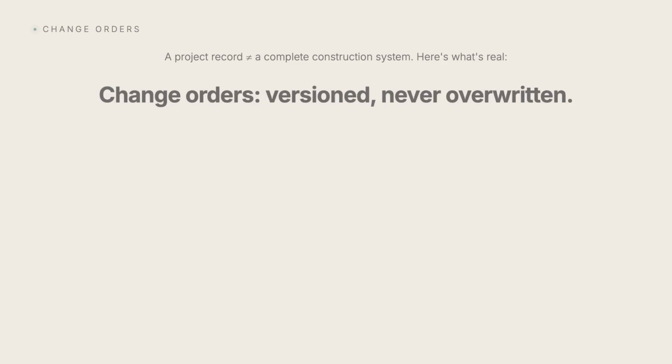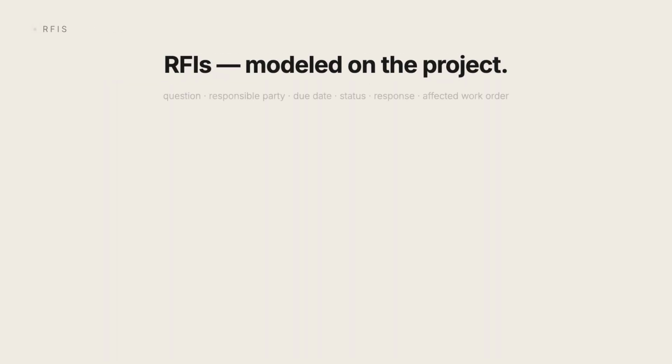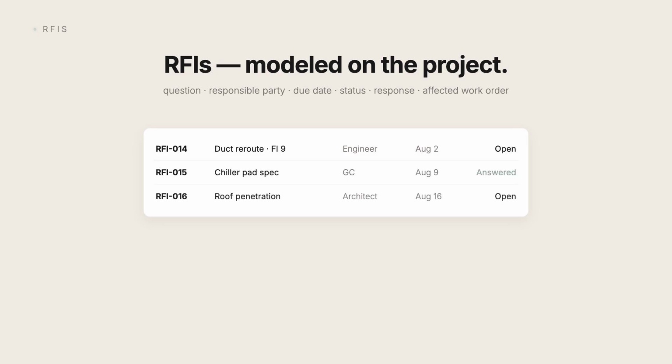FieldCamp has change order versioning on documents like estimates. You can preserve the original scope, create a revision, capture the reason, and send it. You can also configure a project level registry for statuses, approvals, values, and due dates. RFIs can be modeled the same way, and it can have the project, question, responsible party, due date, status, response, attachments, and the affected work order. That is configurable. It is not the same as saying FieldCamp already has the mature native RFI submittal module for